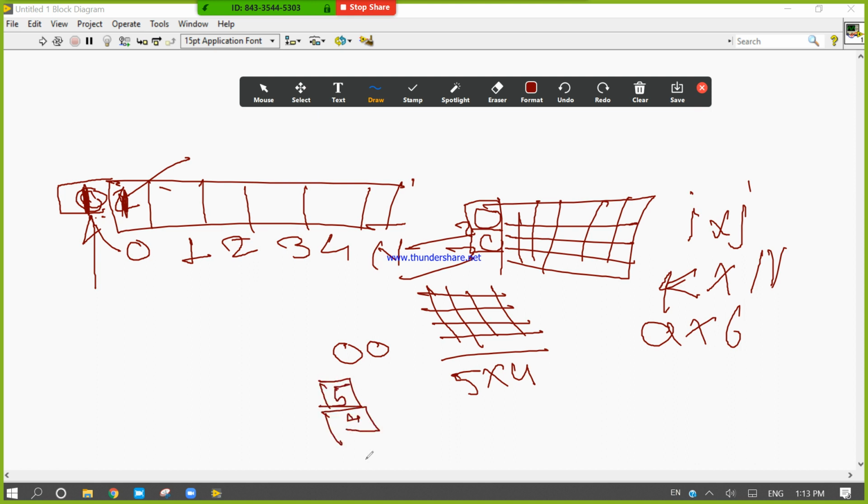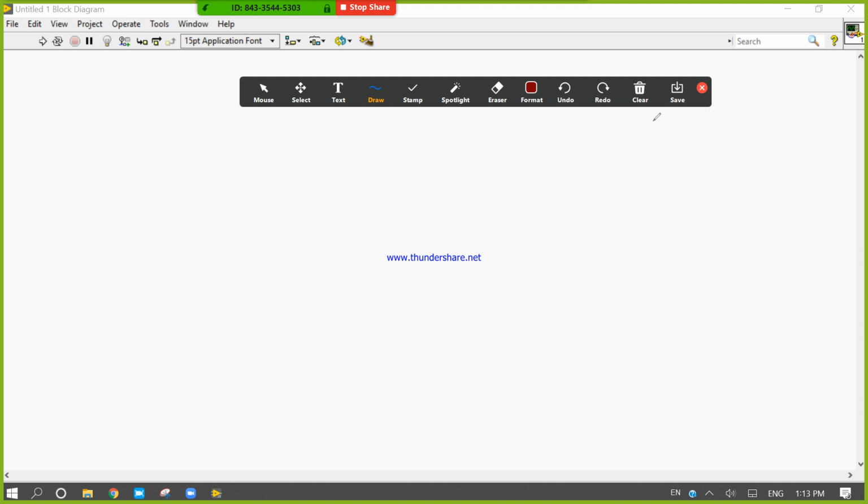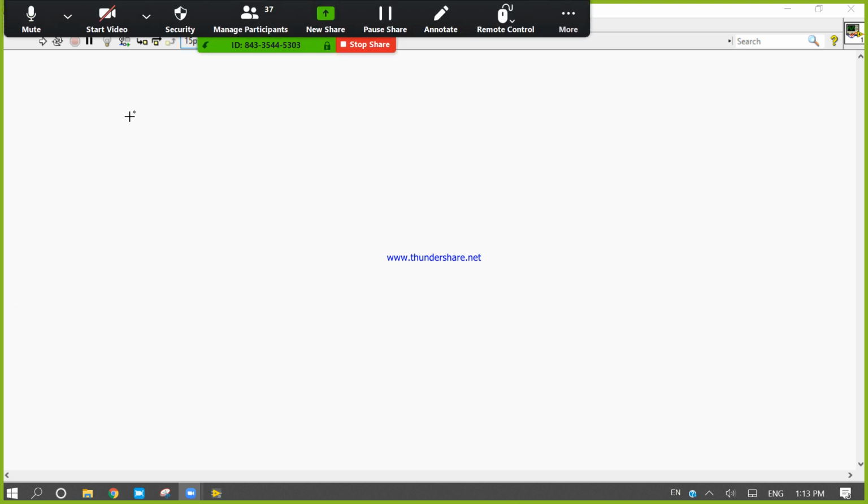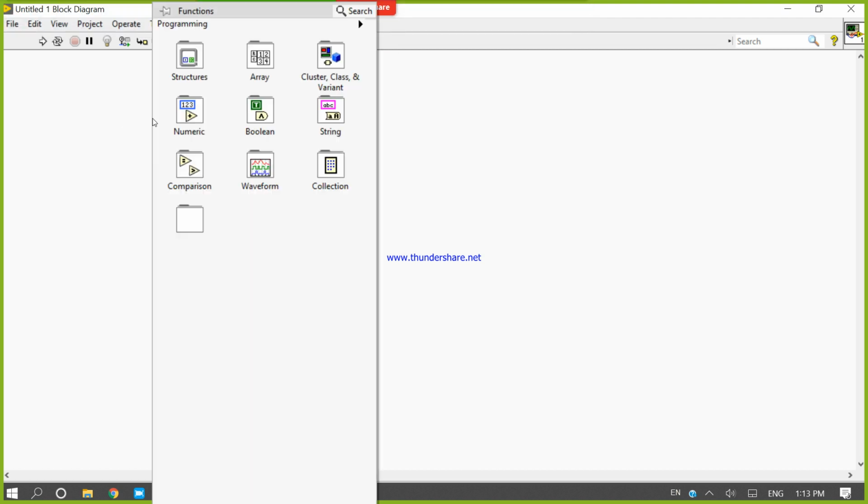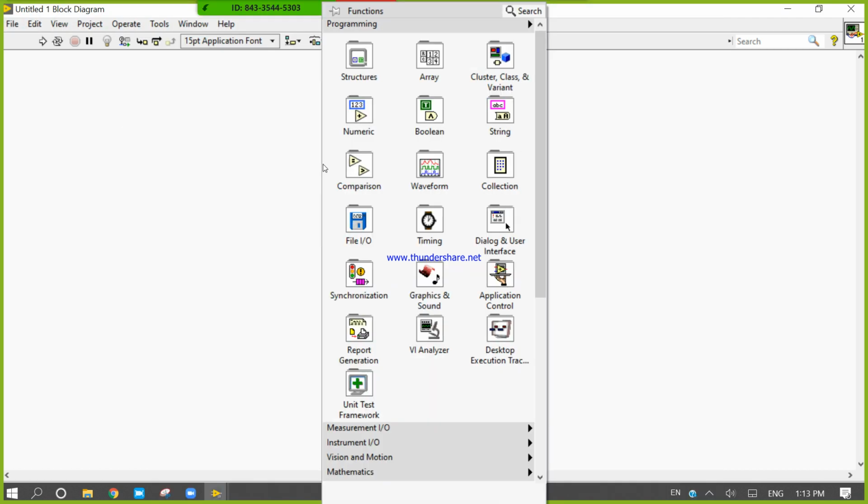Now let's start designing array. Right click. Now come to the front panel.